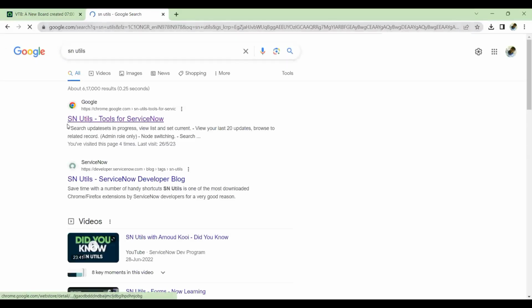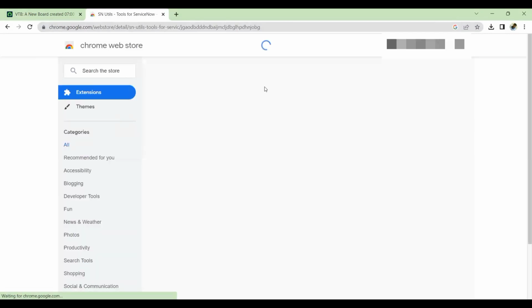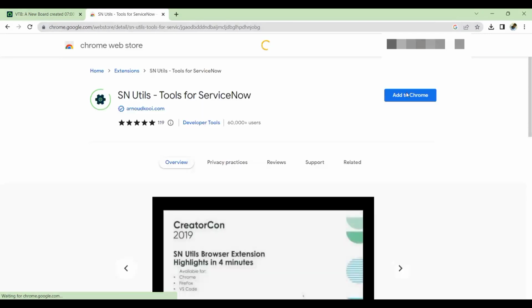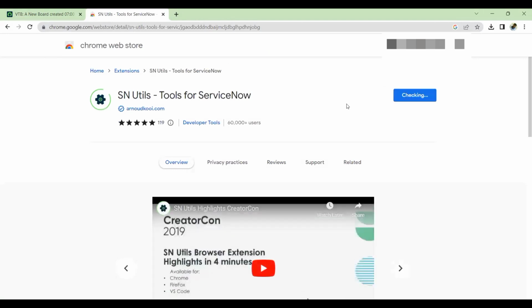As soon as you open the first result, which is the tool for ServiceNow, just open this and it acts as an extension. You have to add it to the Chrome extension. It's also available in Edge and other browsers, right? So once the extension is added,